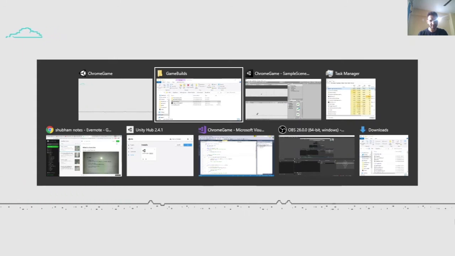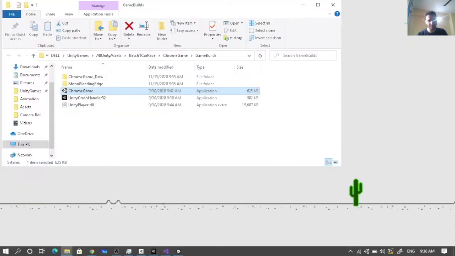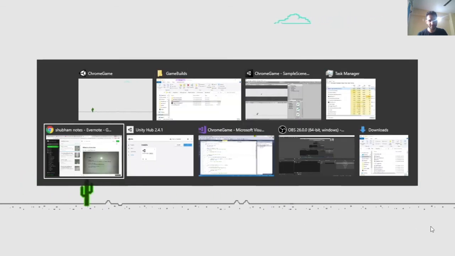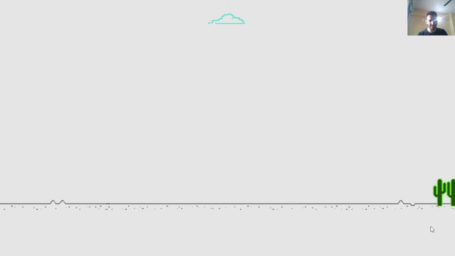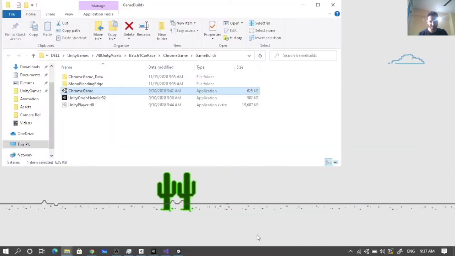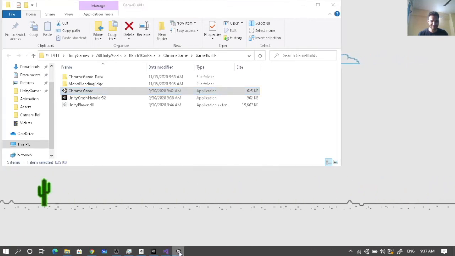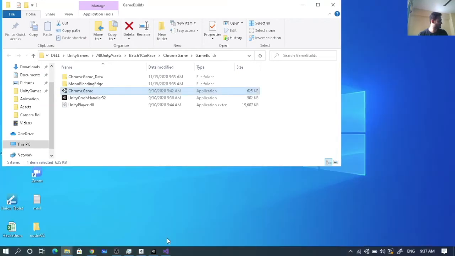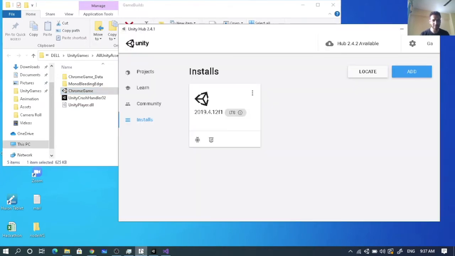So I'm holding the Alt button and then hitting the tab, holding the Alt button and then hitting tab. I can switch between windows. So now to close this, I have only one option, which is right click here and close it. So to add settings to close the game and all those things, we have to add something more, and that you can find